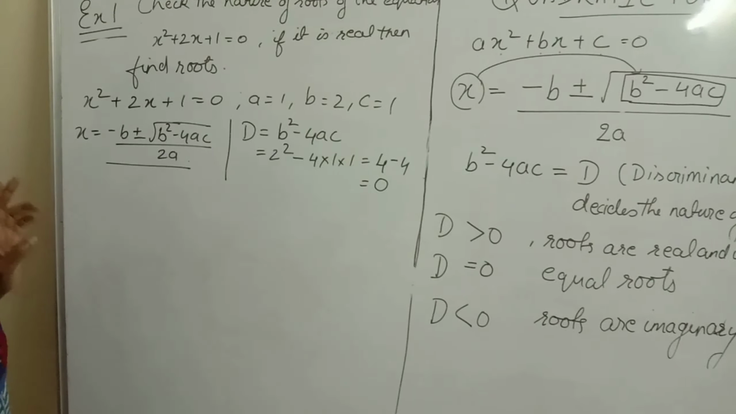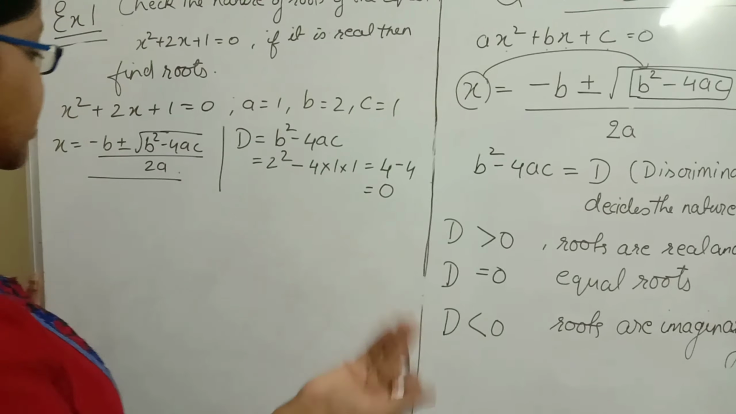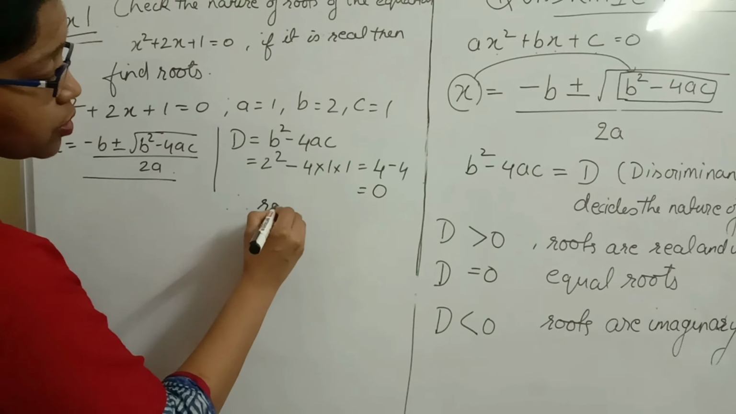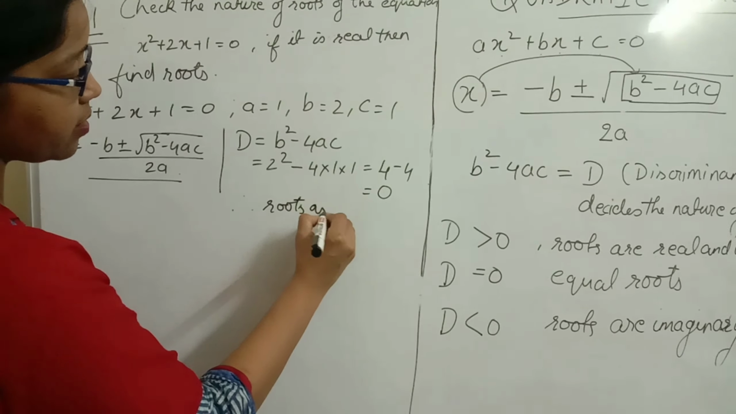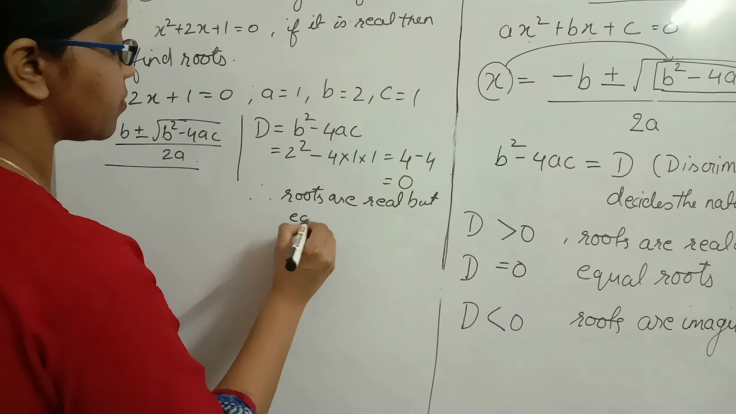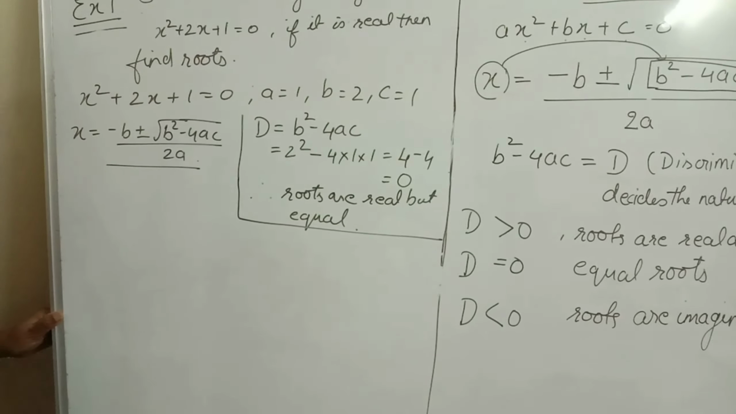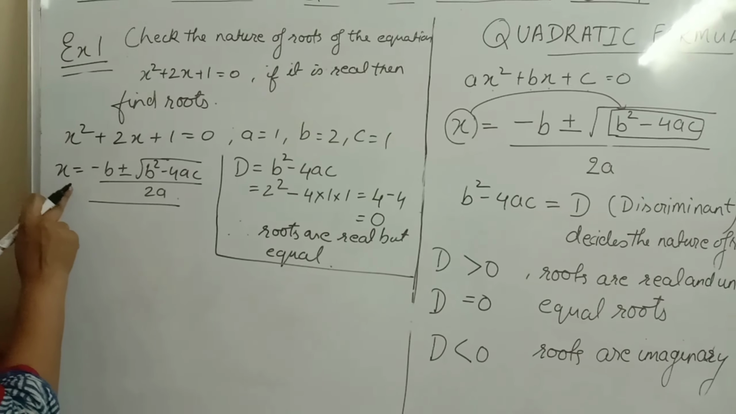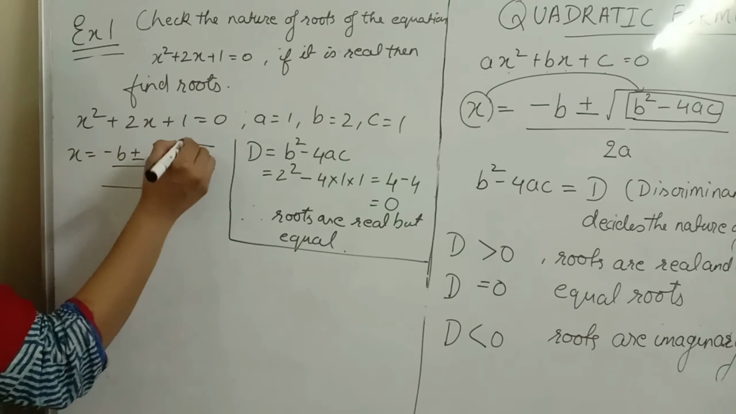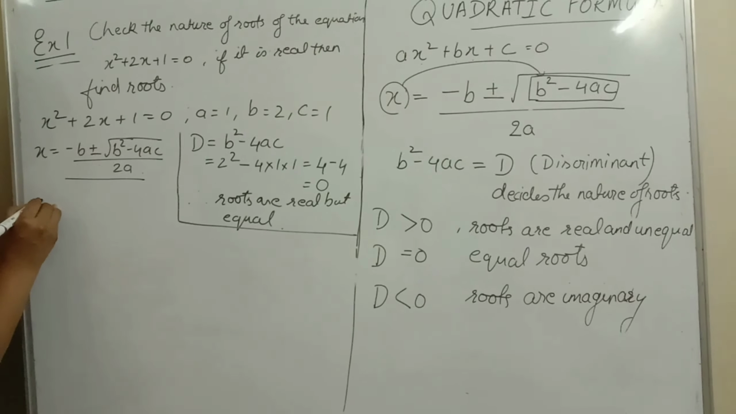It means the roots will be real, but we will have equal roots, meaning the same root we are going to have. So now we will write: therefore roots are real but equal. So as the roots exist, that is why we are going to find the roots. Okay, now we will put the values of a, b, c in this quadratic formula to find the value of the two roots. x is equal to